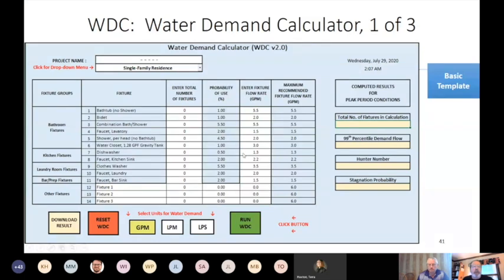So what we see here is a case where we've got a house, with values that we can put into the cells that are in white. We enter the number of fixtures, and then the probability of use for those, and then the fixture flow rate. And when we execute this, it will give us the 99th percentile. Just to illustrate this,